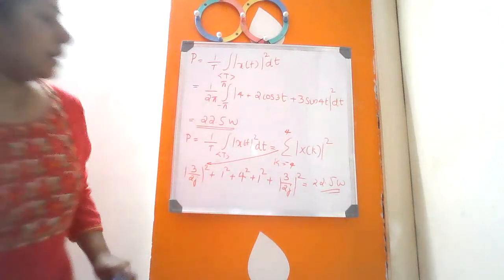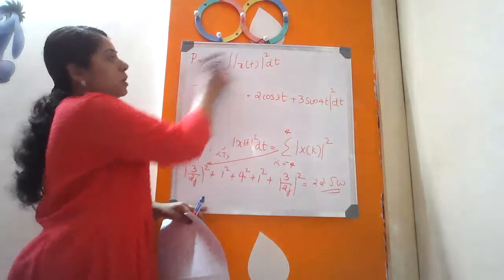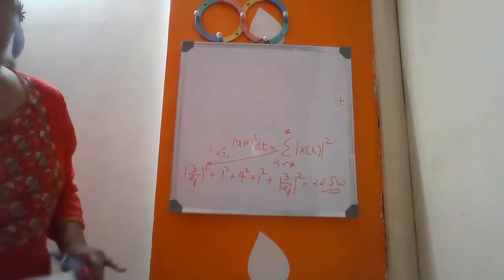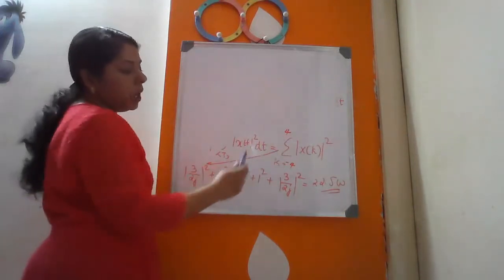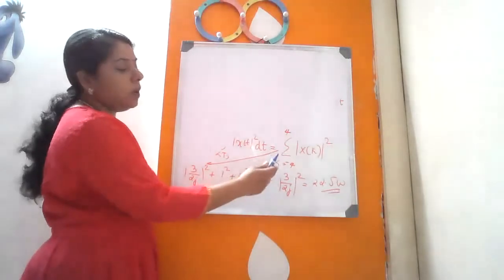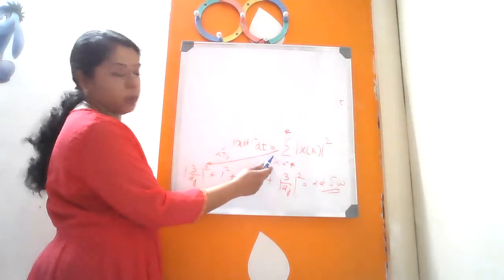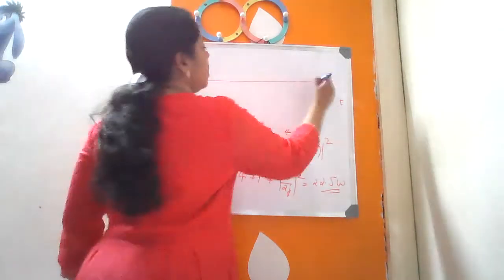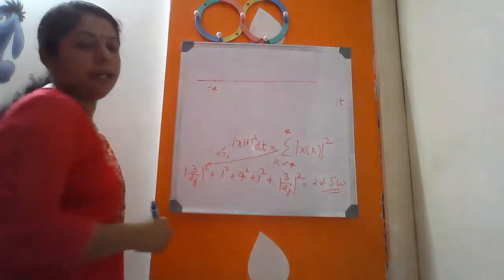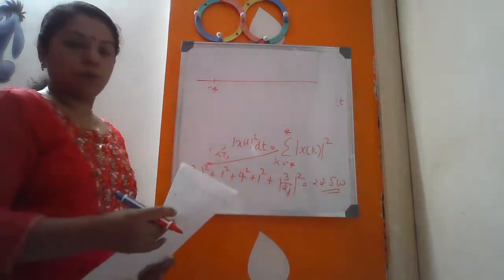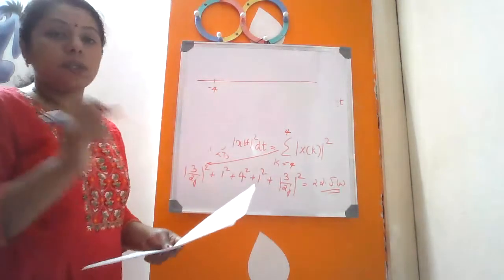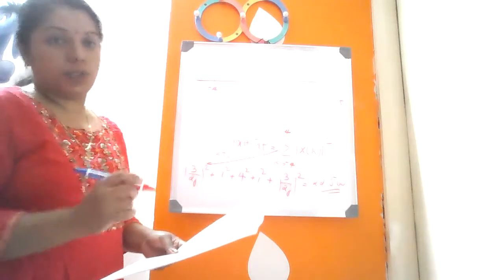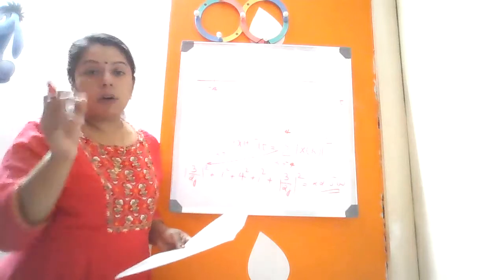Actually, they are telling us to plot the power spectrum also. The power spectrum, from this itself I can plot. We found what power values we are getting. We said that we don't need to substitute the limit from minus infinity to plus infinity; I have only from minus 4. So at minus 4, what was your Fourier coefficient value? Just now we said it is minus 3 by 2j.